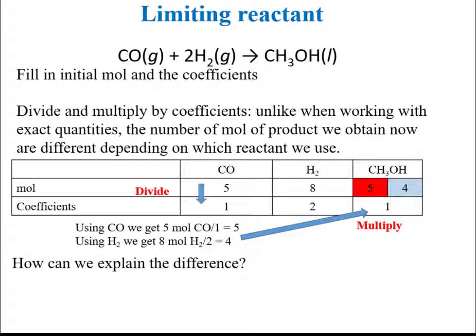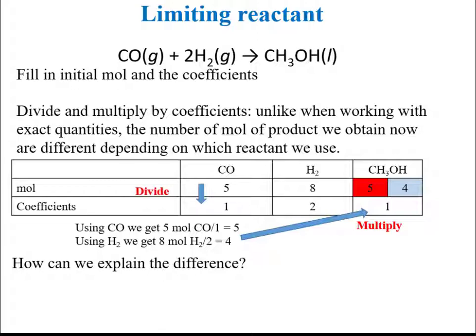In order to analyze the quantities involved in this reaction and determine which one is the limiting reactant, we can set up and fill in a table like we did before. So we set up the table with the chemical species and we enter the coefficients. In the line of moles, we're going to enter the quantities that we are provided, 5 moles of CO and 8 moles of H2. Unlike before, where we could determine the amount of product from either one of the exact